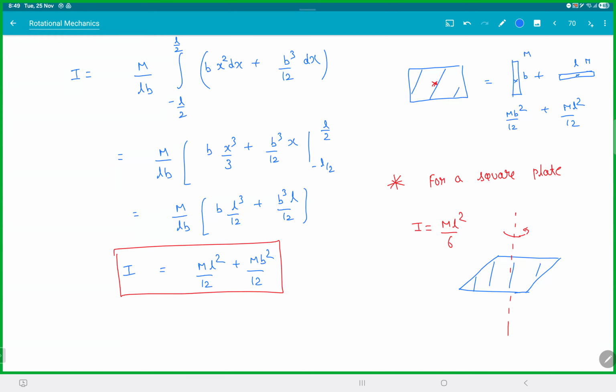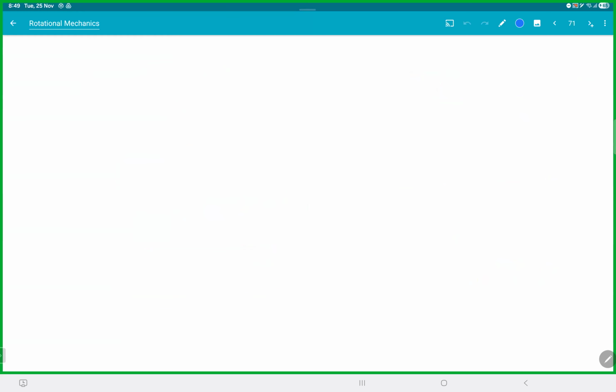Now, if you see, till now I taught you everything using just integrations and stuff. Now we have two theorems which will make your life much easier. And again, we're not going to the derivations. We're just going to put on the results directly. So what the parallel axis theorem says is,